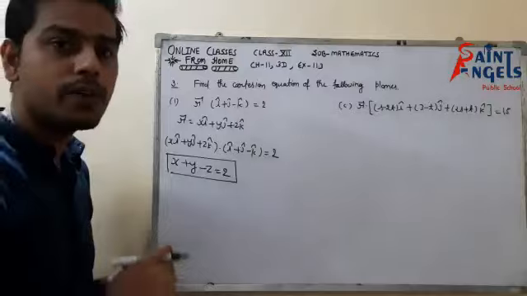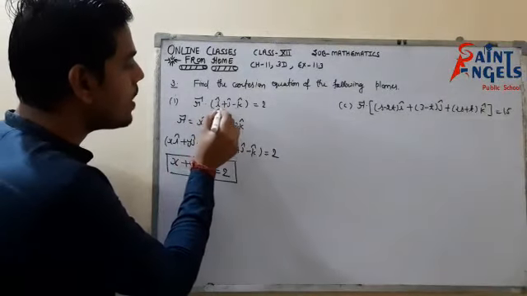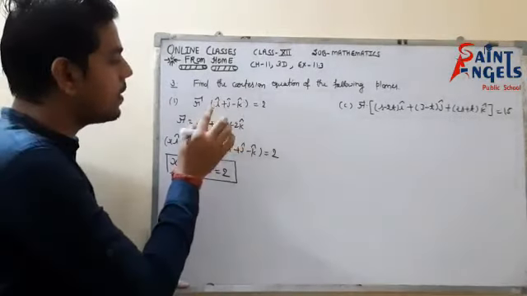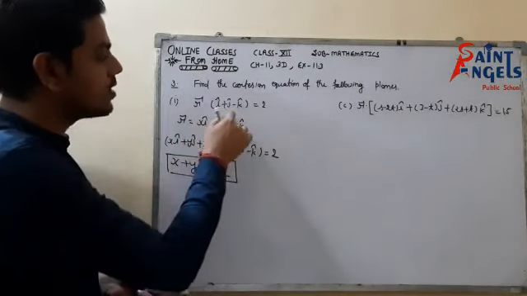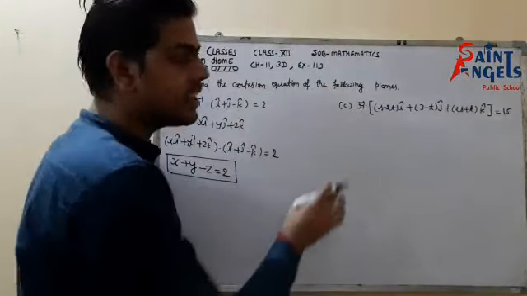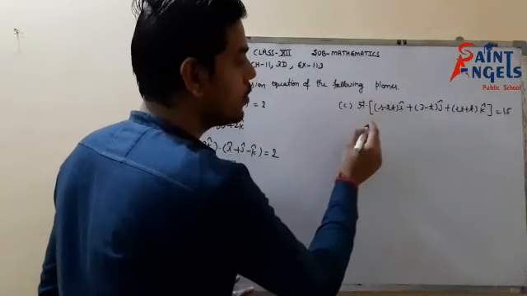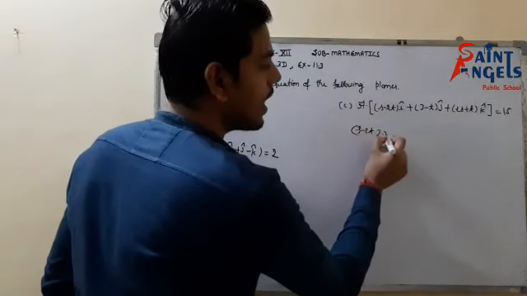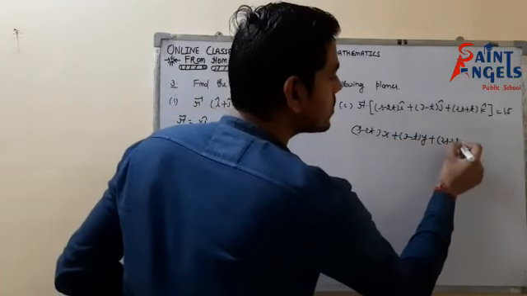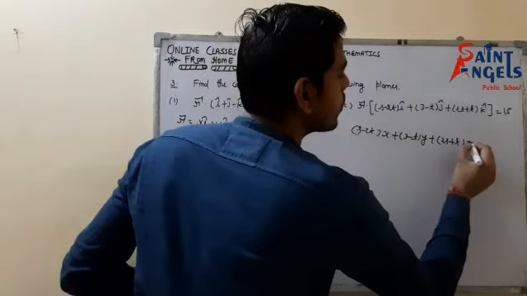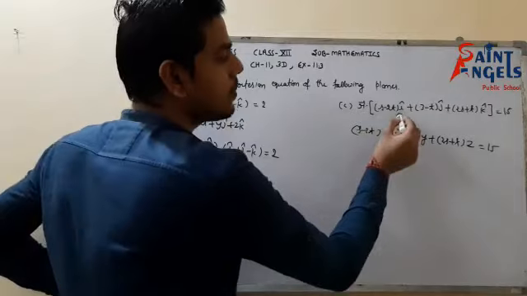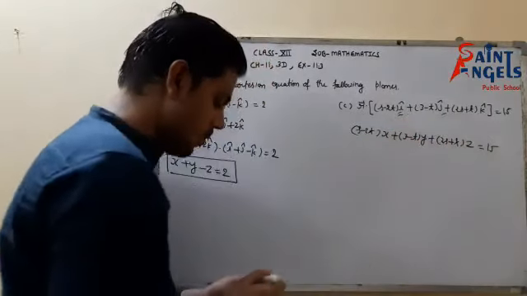This is the Cartesian equation of the plane. And if you observe, i plus j minus k is the normal vector to the plane. If I replace i, j and k with x, y, z, that would be my Cartesian equation of the plane. So in the next question, I can directly say that the Cartesian equation of this plane would be (s minus 2t)x plus (3 minus t)y plus (2s plus t)z equals 15, because I have replaced i, j and k in the normal vector with x, y, z. But we will prove it.